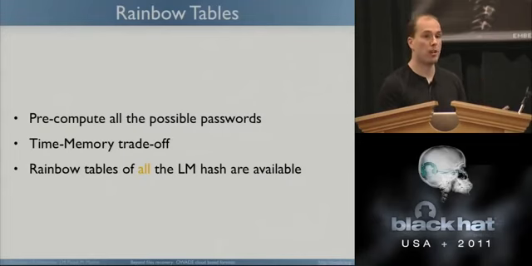The LM hashes in rainbow tables are about 64 gigabytes of data, which is absolutely nothing today. With the price of a hard drive today, it's not an issue to store that. And rainbow tables for all the LM hashes, all of them, which means instant or almost instant recovery, are available for download from multiple websites. So if you are using XP, our success rate to recover your password is close to 100%. That's how it is.